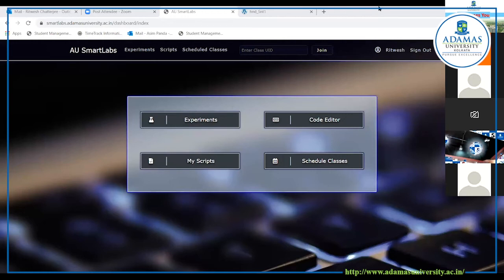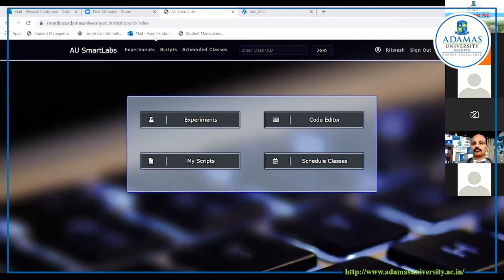Coming back to this platform, this platform works with your Microsoft login credentials, the email ID login credentials that you have received from the university. And once you log in, you land on this dashboard page. So there are three things that we are primarily going to see and focus on in this place.